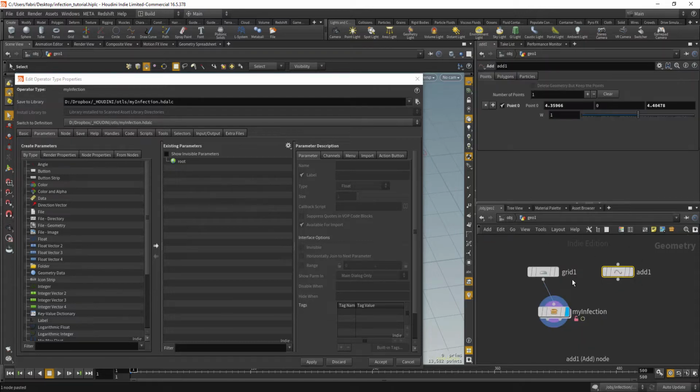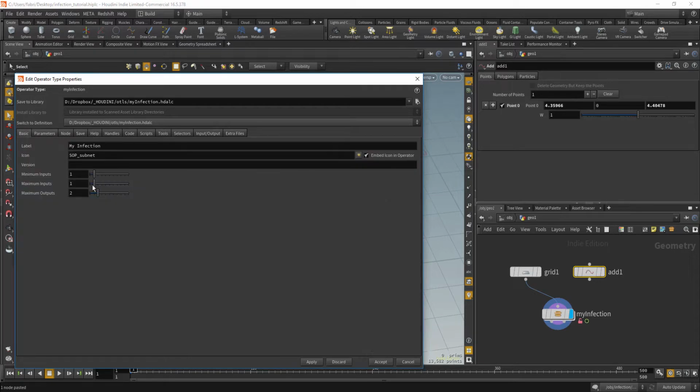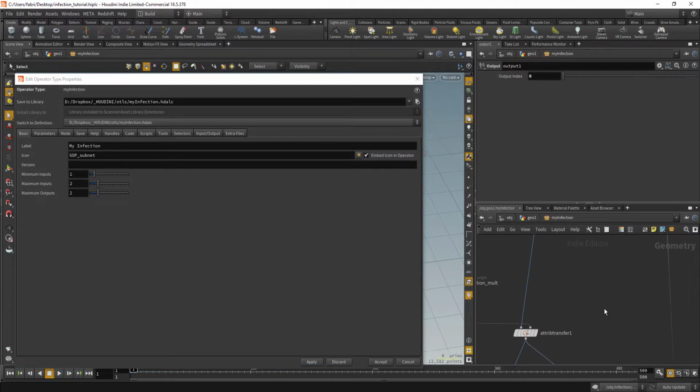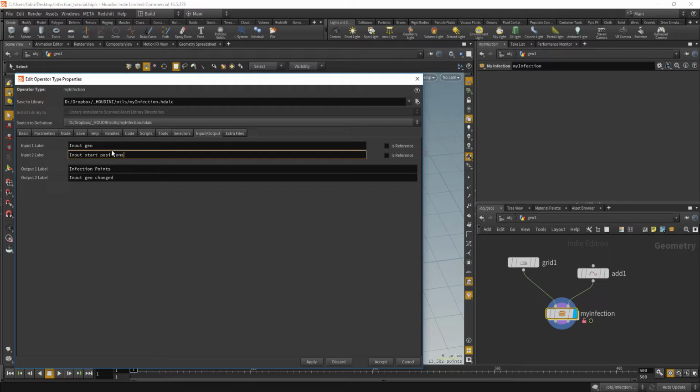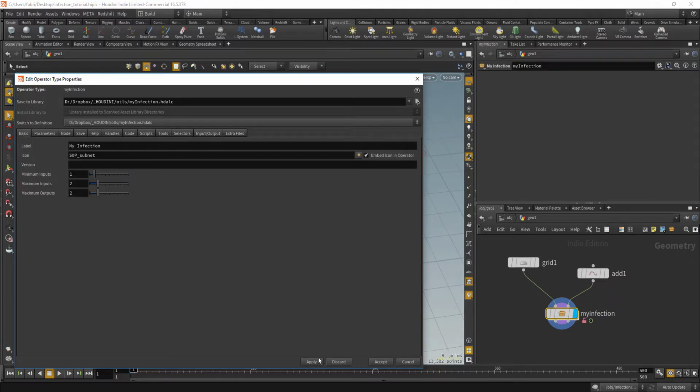I'm going to put that outside the digital asset, and let me add one input port here, and let's connect that, and finally use that as our second input. This is so that we can choose to either use that or not. And also let's name things. So let's call that input geo, input start positions, infection points, and input geo with infection for the input and output labels. So let's apply,